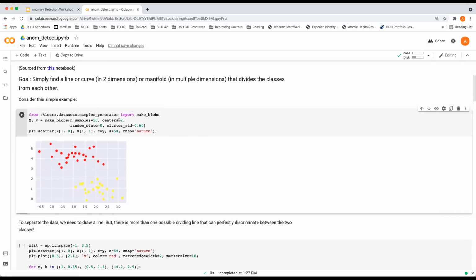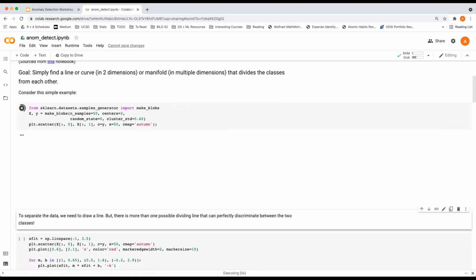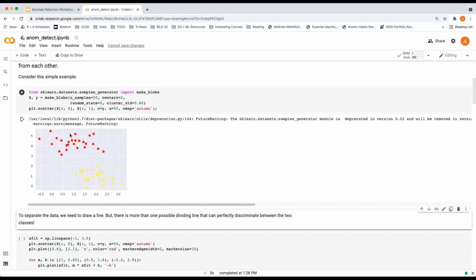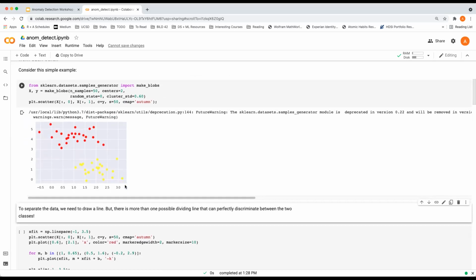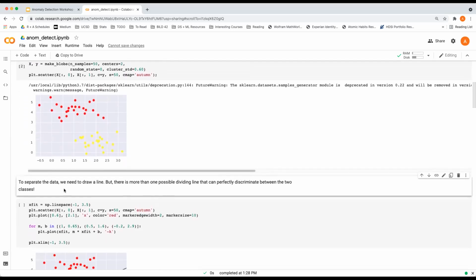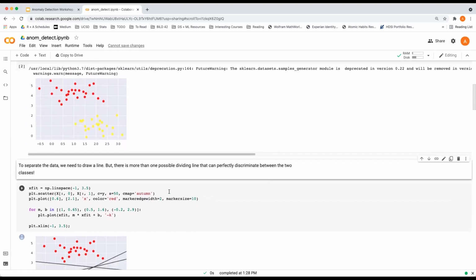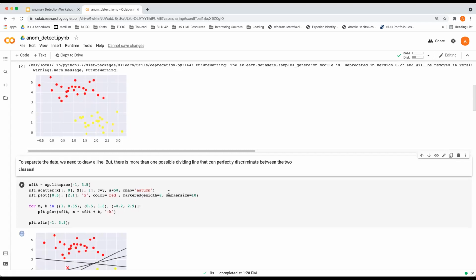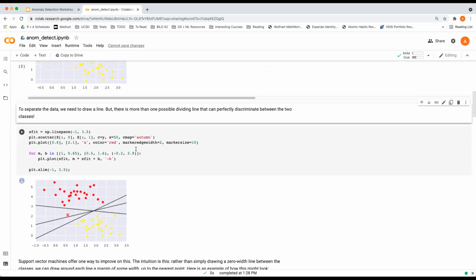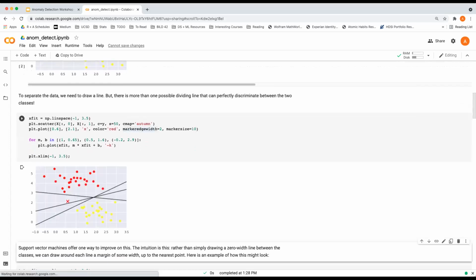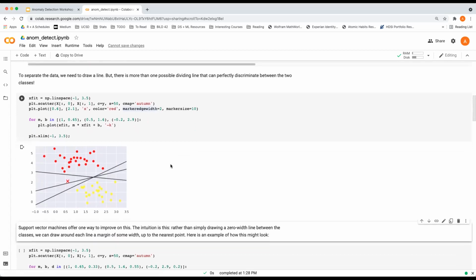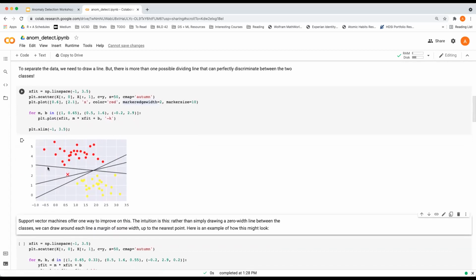So we have this simple data set, for example, and we can see that there are two classes. The red dots are some sort of class, and the yellow dots are some sort of class. What we want to do here is separate the data, and we need to draw a line for that. If you thought about drawing a line to separate this data by hand, there's a lot of different lines you could draw. Say we just draw three lines, these are just arbitrary lines done in code. This line separates the data, and this line separates the data, but